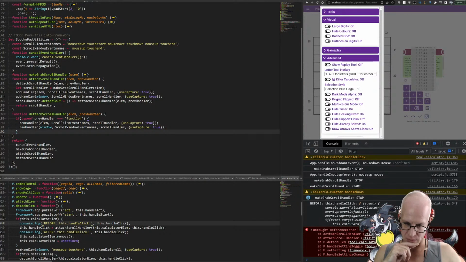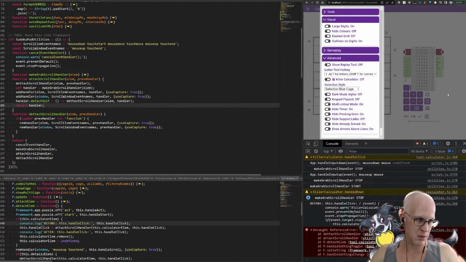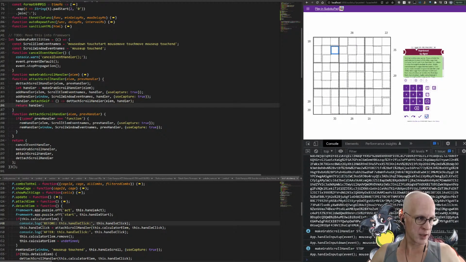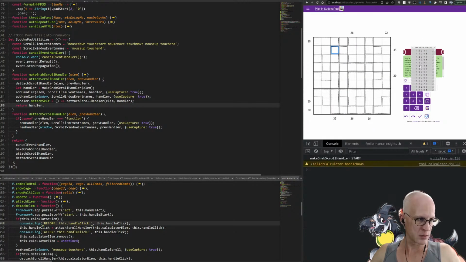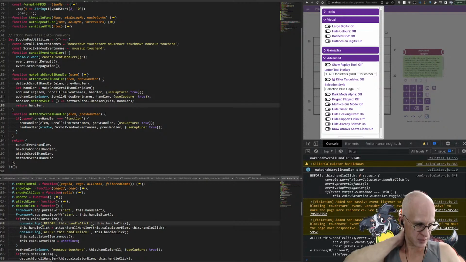Scroll handler is not defined. Ref handler, I don't know why it suddenly became scroll handler. Oh, because it's here. All right. I think we should call this more generically handler. So we have previous handler and we have handler. And then there's no confusion. Right. So, got our kill calculator, got a big cage, we scroll, now we hide the kill calculator. And before and after,